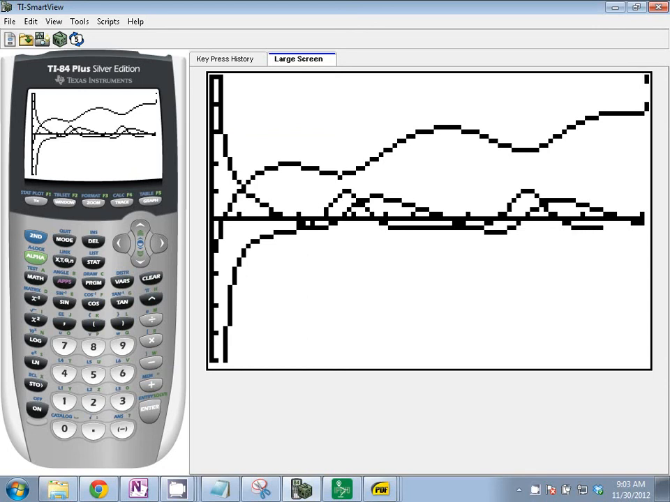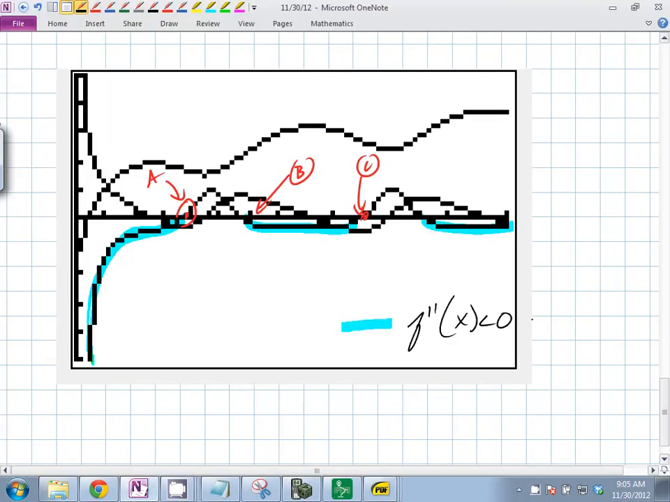Nice. Okay, so we have the second derivative right now. If f double prime is negative, what does that mean? Concave down. And if the second derivative is positive, it's going to be concave up. Now another way you